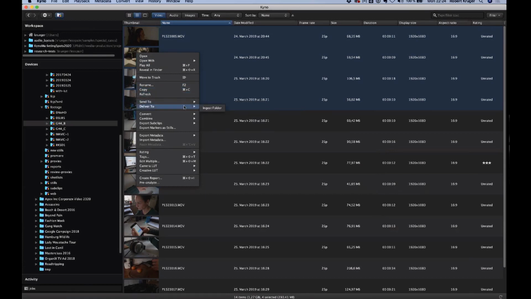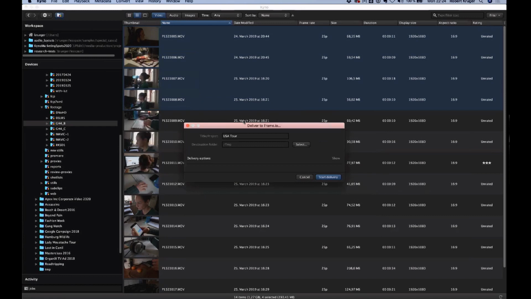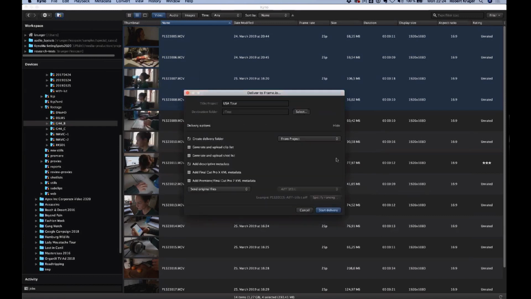So we have a delivery function into Frame.io, and what that does is it allows you to upload the footage, and do an automatic transcode before the upload. So this could be, for example, RED RAW footage, and you could have your proxy preset here. Those are the same transcoding presets that you have available in the menu. So let me say I want to upload this as ProRes proxy, for example. Then Kyno would do this before the upload and would make sure the transcode is finished and then do the